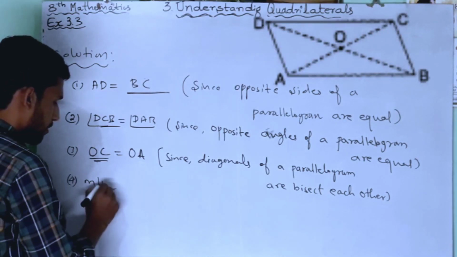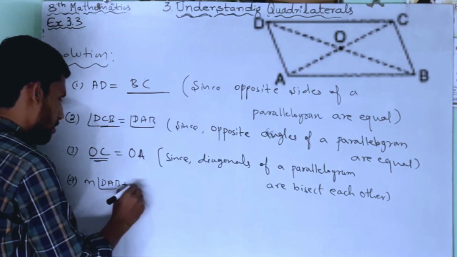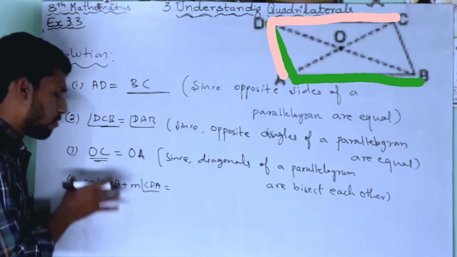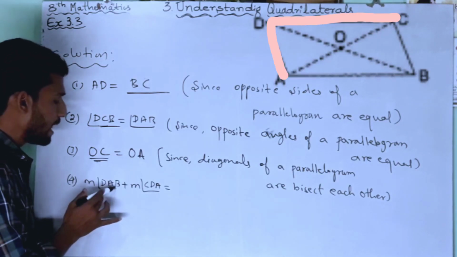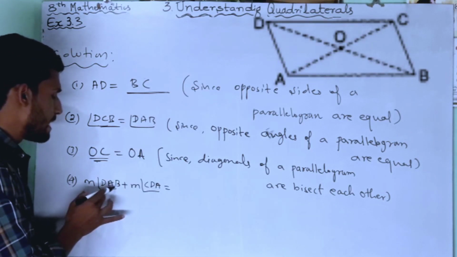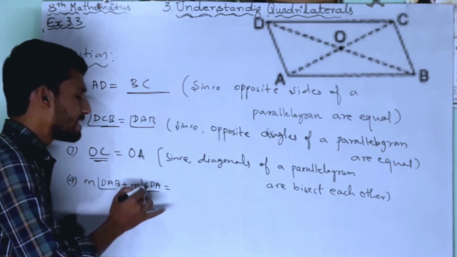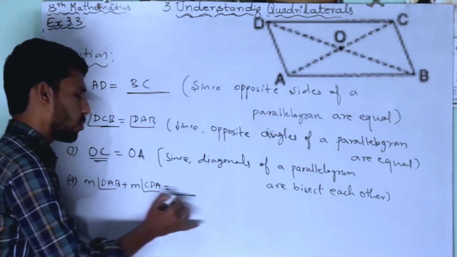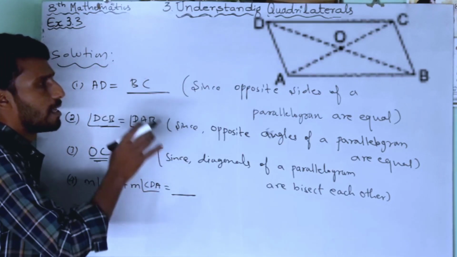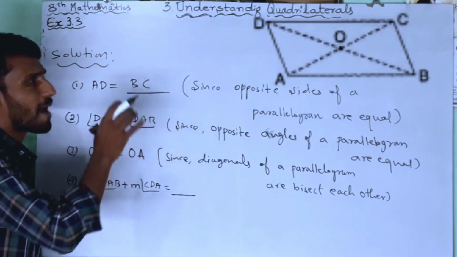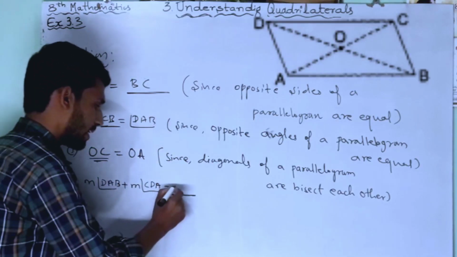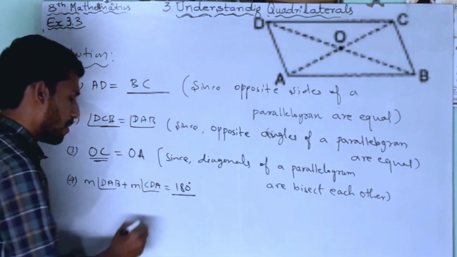Measurement of angle DAB plus measurement of angle CDA is equal to. Dear friends, fourth one given here, measurement of angle DAB plus measurement of angle CDA. How much here? What is the total measurement of angles? See, here you observe this figure. The adjacent angles of a parallelogram are supplementary. Supplementary means 180 degrees. Now we can write this is 180 degrees because